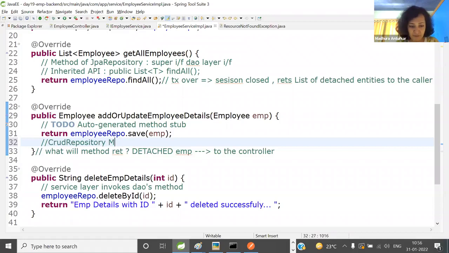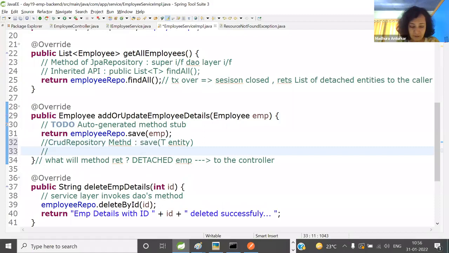The method we are using is the same. It takes in an entity, so T is nothing but the entity. It checks. Who checks? The persistent provider, in short Hibernate. If ID is equal to null, it implies a new entity, as in a transient entity,